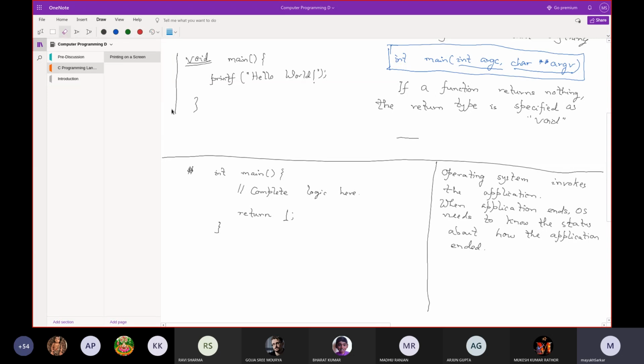If it is return 0, it means our application has ended successfully.